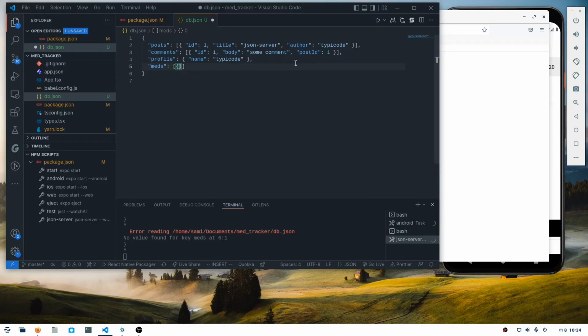It will have an ID. I'm not sure if ID is required, but let's give it an ID. So an ID and name, let's say orbital 40,